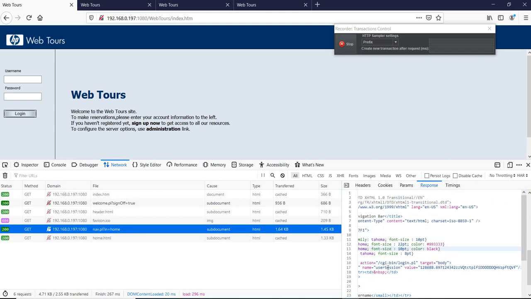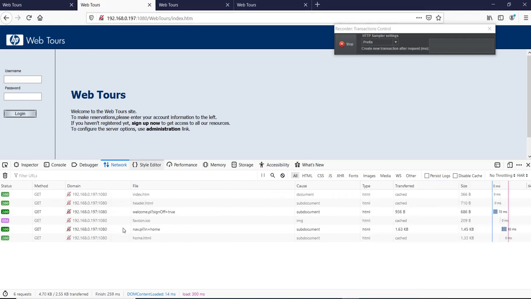You can see its value is 128688 and it ends with TQVF.